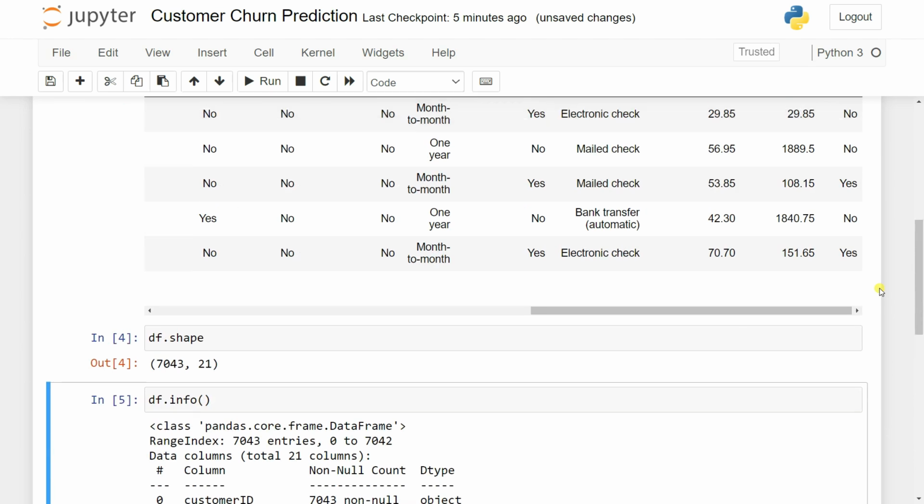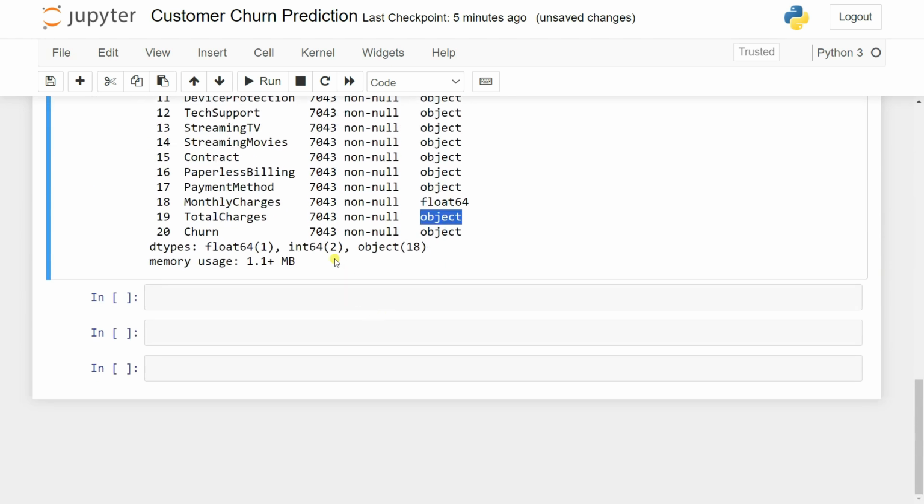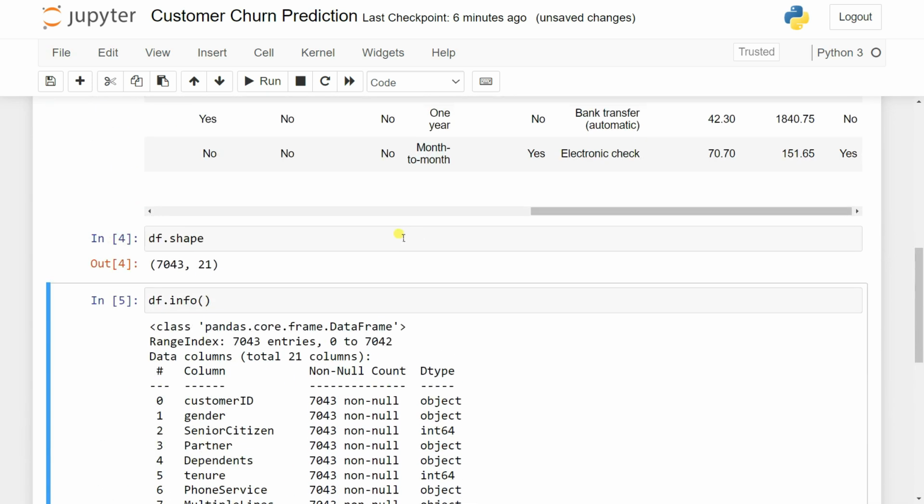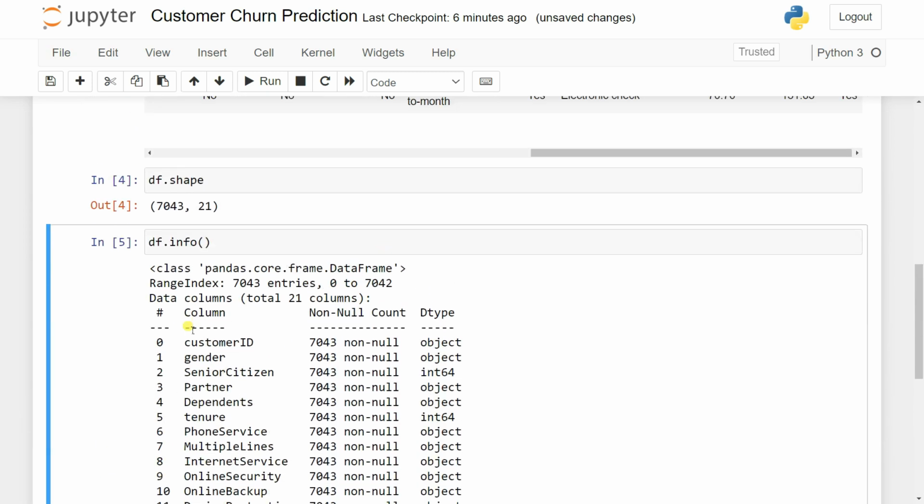If I go here, you can see total charges is a floating point number, but it is being treated as an object. We need to make some changes on that. I mean, we need to handle converting categorical values to numerical, and numerical values to numerical as well. So now what I can do, we're simply going to drop this column because this customer ID